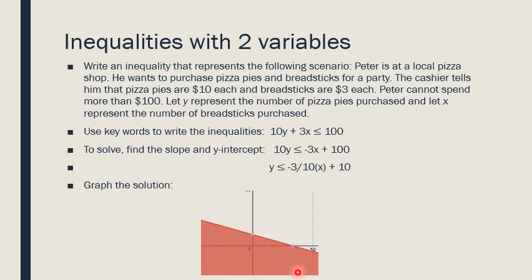Anything in this shaded area is going to be okay for him to buy as far as the number of pizzas. Now you notice a lot of this is in the negative category. Well, he's not going to buy a negative number of pizzas and a negative number of breadsticks, so all of this area is not going to work. But anything in this little triangle in the positive area, such as maybe